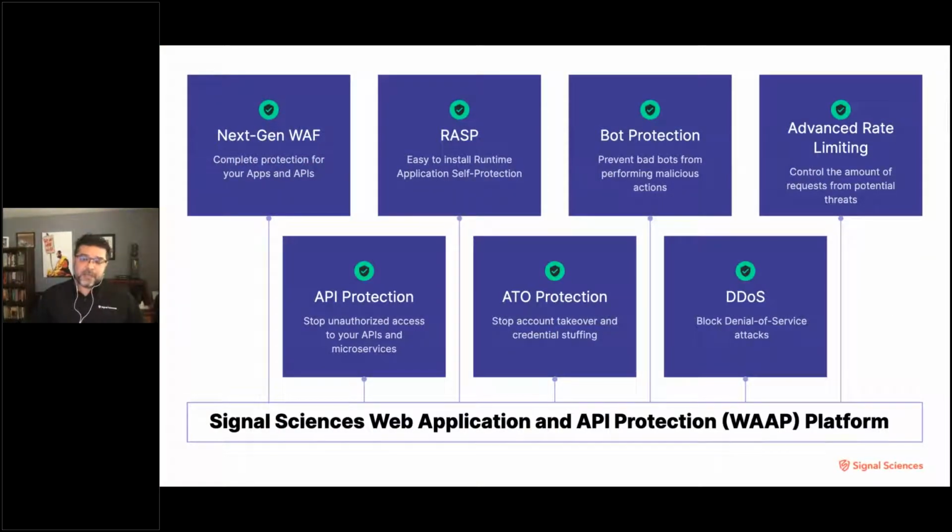This is the Signal Sciences web application and API protection platform, and the component offerings that defend against the common and advanced web attacks, from OWASP Top 10 injection attacks to bad bots, API abuse and misuse, to denial of service attacks. Our web application and API protection platform is built upon intelligent request inspection and decisioning, combined with our ability to deploy in any environment. This provides holistic web security that meets the needs of our customers to defend against many types of web attack